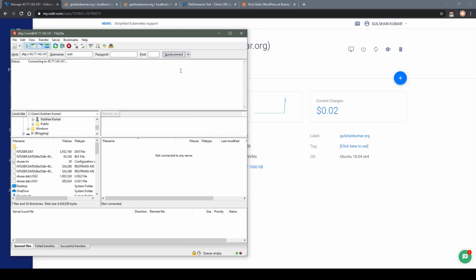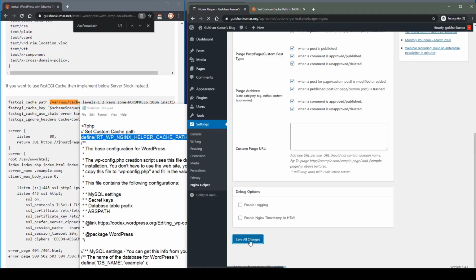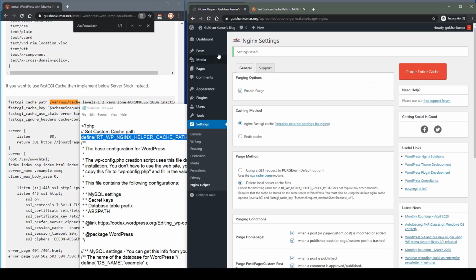Now I can click quick connect and it will log in. After then save all changes, and that's all.